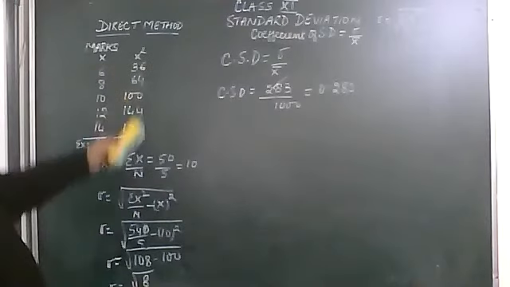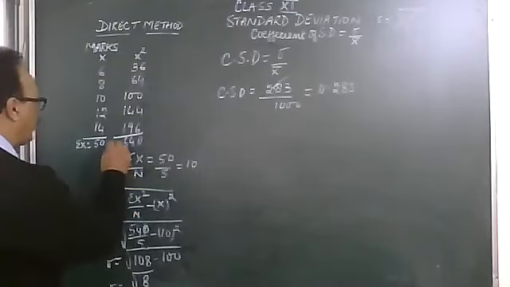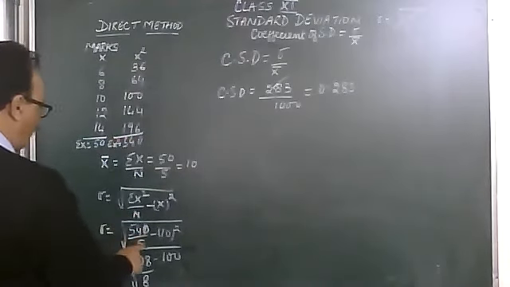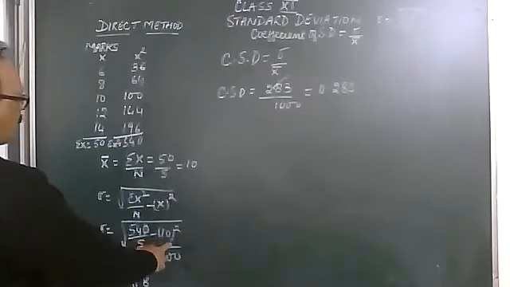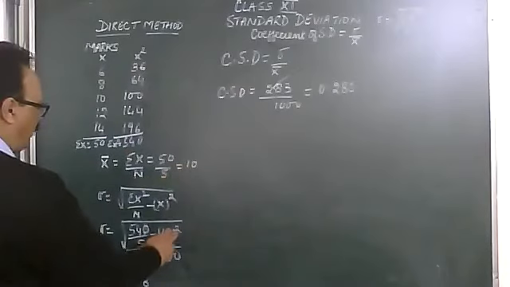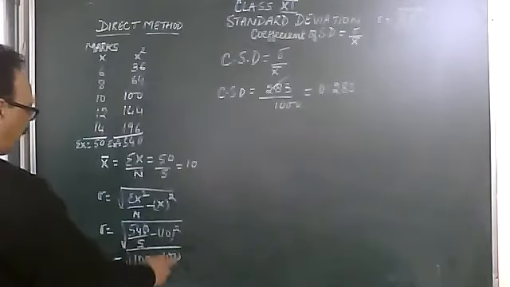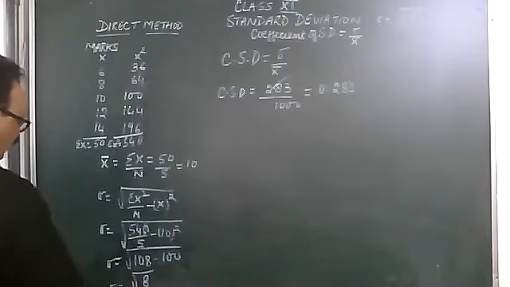Sigma x squared, when you add it up, you get 540, upon number, which is 5, minus mean calculated, 10 squared. So 5 will go into 540, 108 times, and 10 times 10 is 100. 108 minus 100 is 8. The square root of 8 is